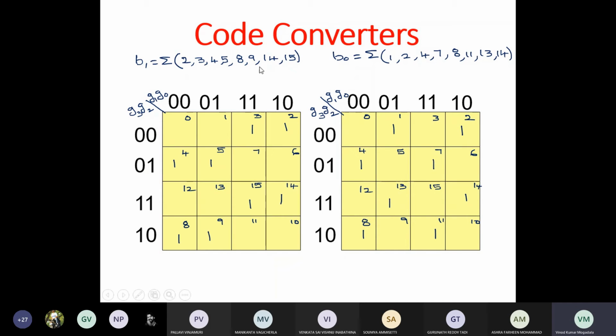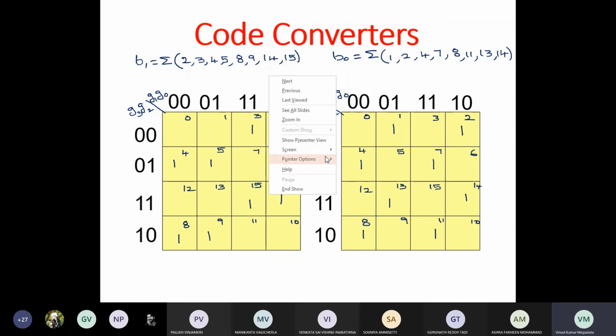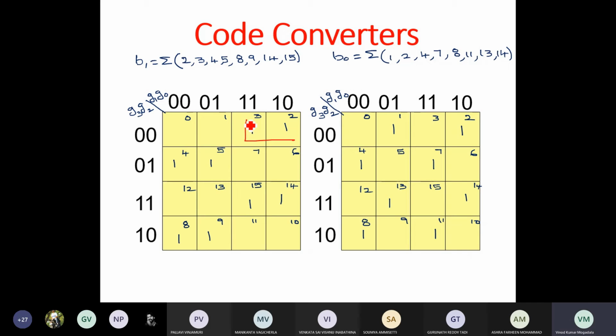Now do the possible groupings for B1. For B1, we can group these two, 2, 3, and similarly we can group these two. And then we can group 15 and 14, and then we can group 8, 9.